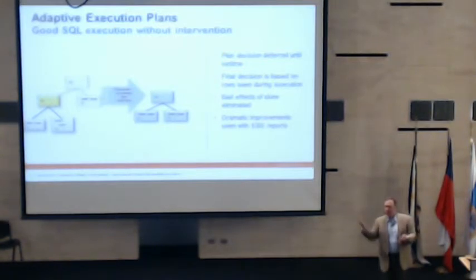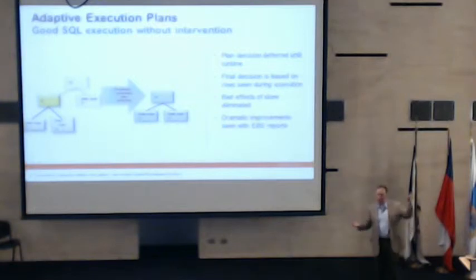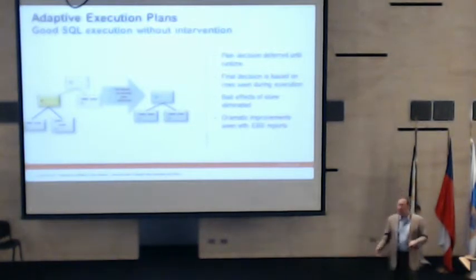If we got 2 records out of that index, nested loops made sense. If we get 2 million, nested loops do not make sense. I probably want to use a hash join. This adaptive execution plan allows a query plan to change like that. So for